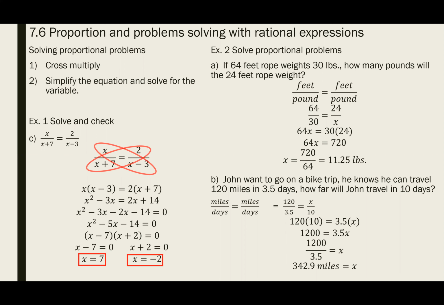Question here, ladies and gentlemen? Well, if you don't have a question,